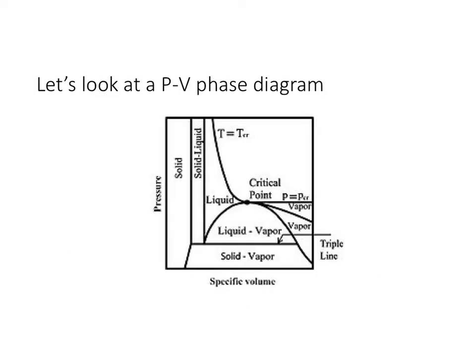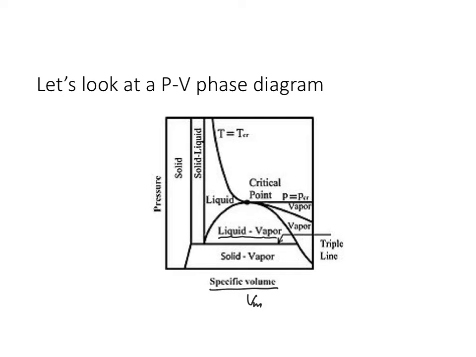Okay, here I'm depicting a different kind of phase diagram, a pressure-volume phase diagram. By the way, specific volume just means molar volume, Vm. This one looks a lot different than the pressure-temperature phase diagram. It's quite a bit more complicated. That's because there are no longer coexistence curves on this phase diagram. There are coexistence regions. So as you can see, instead of having a liquid-vapor coexistence line, we've got a liquid-vapor